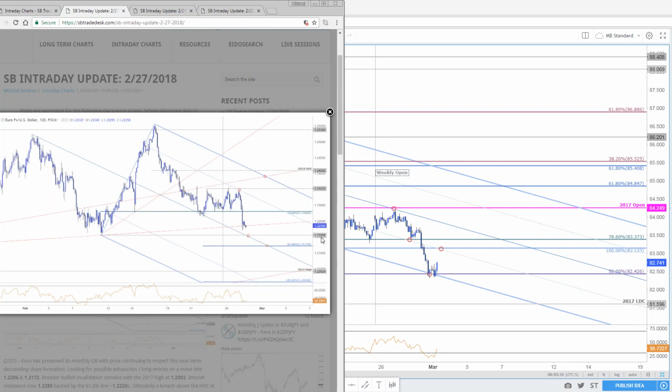Initial area was 122.06. That was the objective monthly opening range low. You had slope, and the 618 extension of the decline comes in at, was that 121.22? No, 121.72, sorry, right here. So, again, one of those trades where you never really got a decent rebound to try to get back in after the subsequent break of the weekly opening range, and that's okay. Markets will offer more opportunities. So we were looking for 22 for a reaction, didn't get it, and it continued to kind of dribble lower.